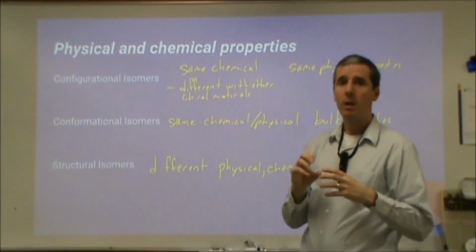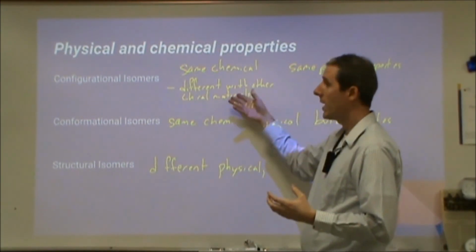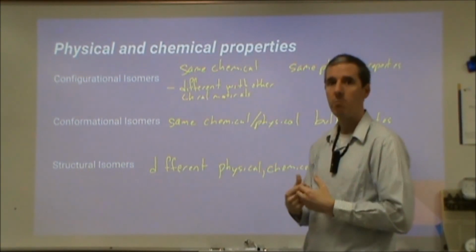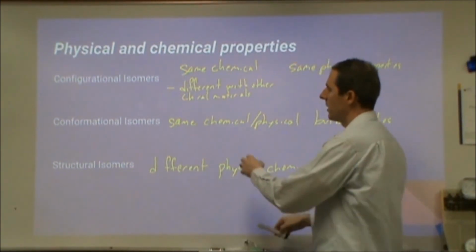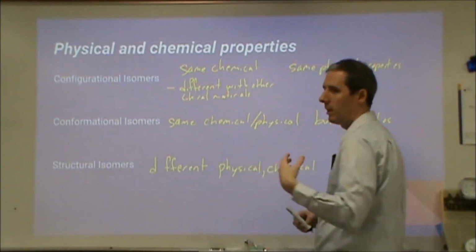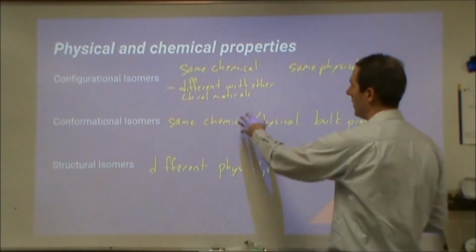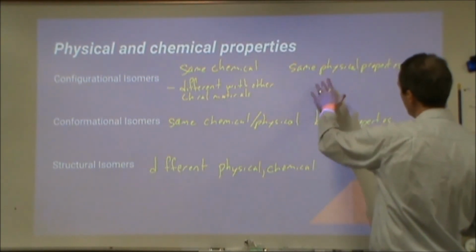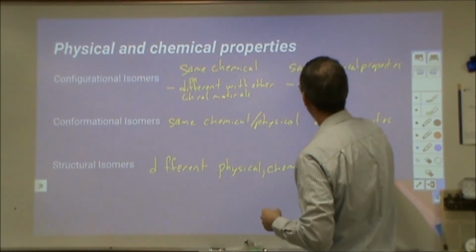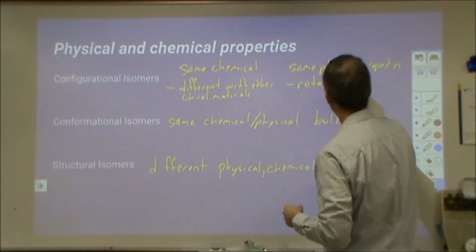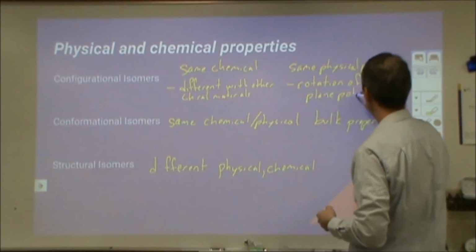So likewise, with enantiomers, in R or S form, it doesn't matter which one you have for most reactions. But if you're reacting with something else that's chiral, which happens a lot in biochemistry, then it's going to matter which one you have. And so most separations of chiral materials need to involve some kind of biochemical route. So they're going to pass it through some organism. Okay? The same physical properties, that's true except for rotation of polarized light. It's going to be different whether you're in the R form